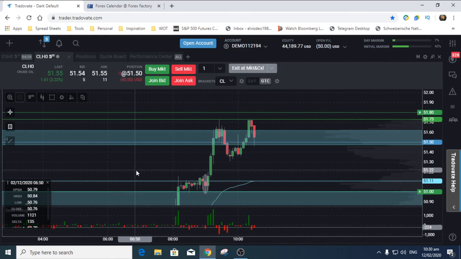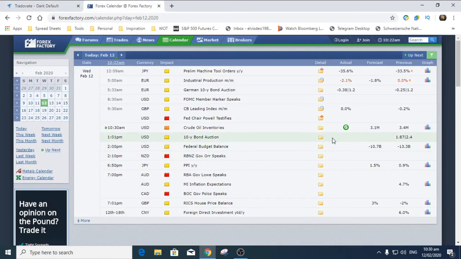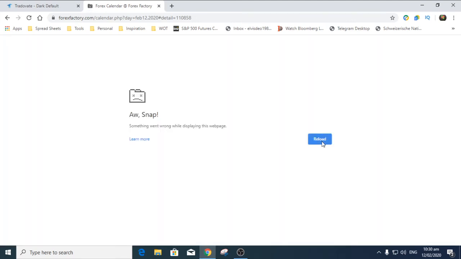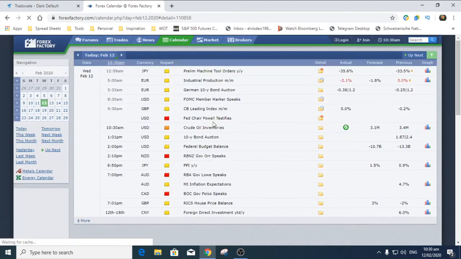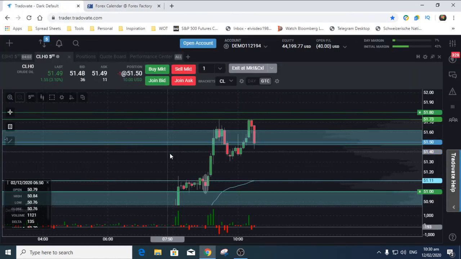Let's see what the actual number is. Reaction is muted at the moment. You should have a bar counter like what I have on the ES. Whoa, whoa. 7.5. Come on, blocker is wrong. I had to reset my whole thing. Damn it. Right, so bearish.